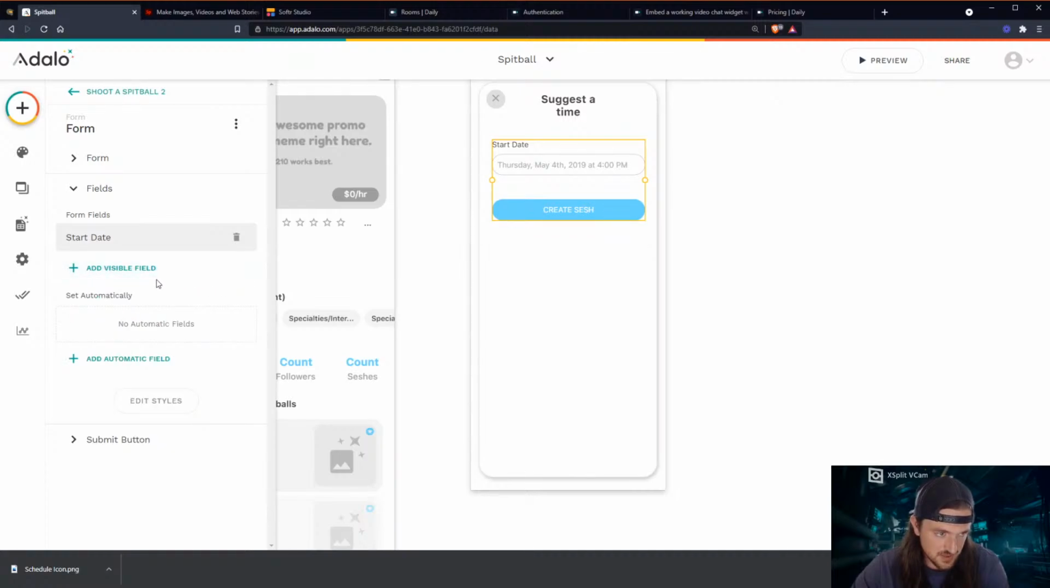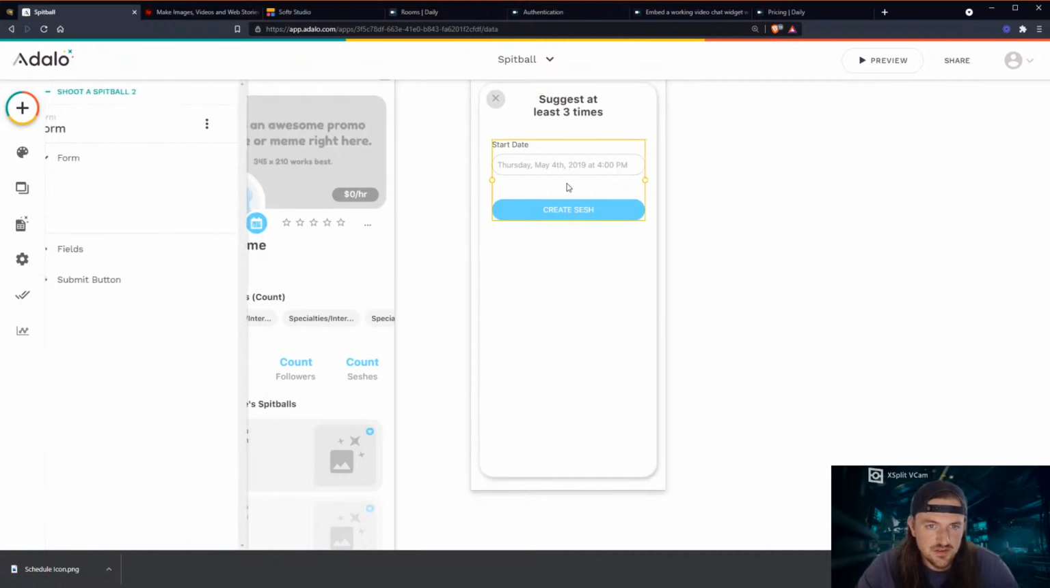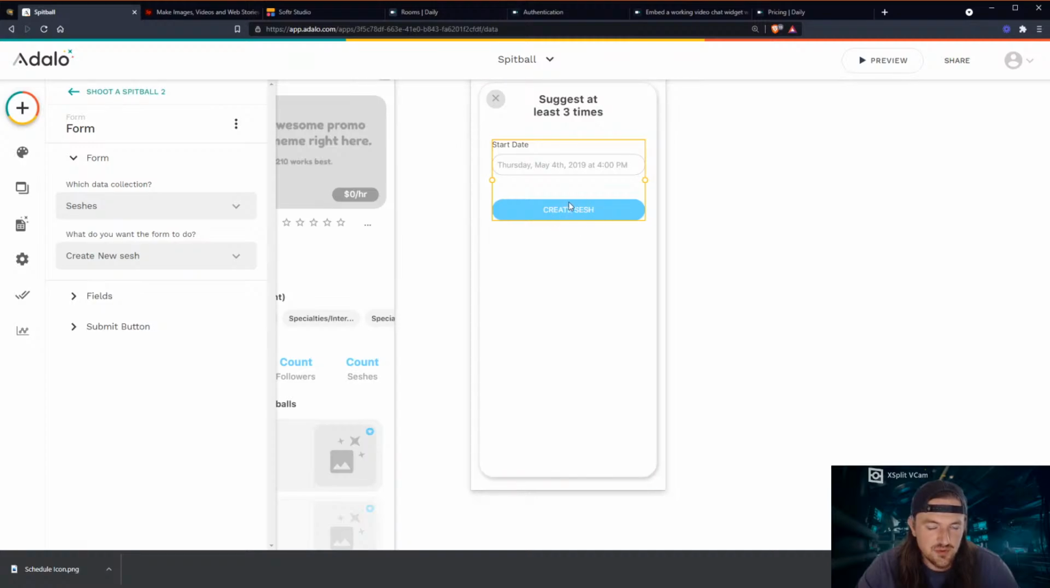I just want them to basically suggest a time that works for them. And maybe I should put that in here. Suggest at least 3 times or something. And actually we may need to change this, but we'll just keep building and see where we get to. So it's going to create a new session, and